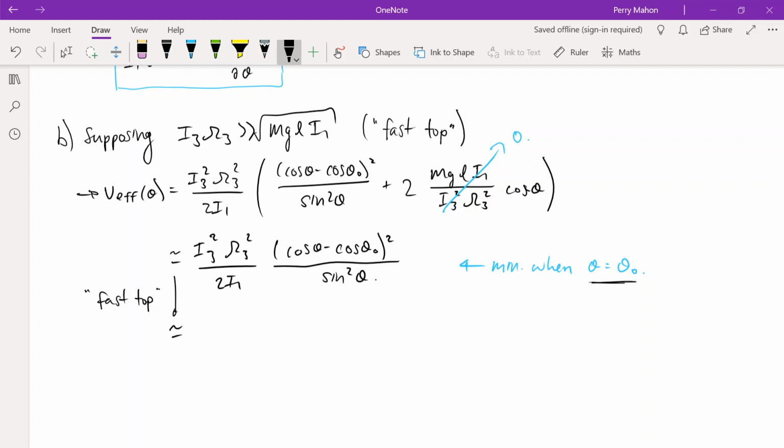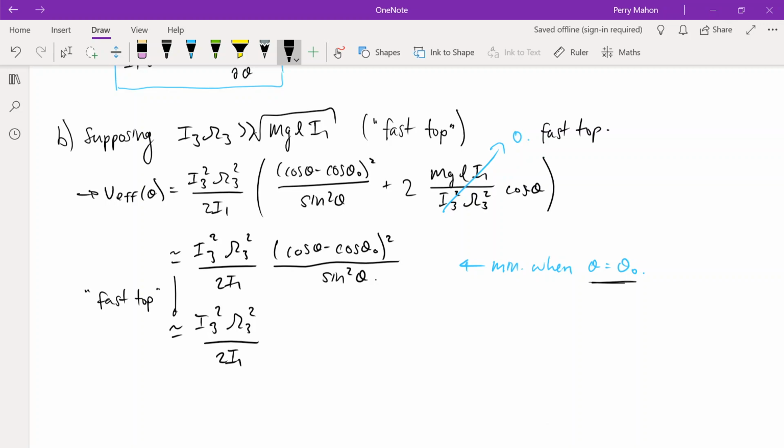We implement this fast top approximation in two different ways. It's effectively saying the same thing both times, but we'll just make it in two steps here. So what we have is I3 squared omega 3 squared over 2